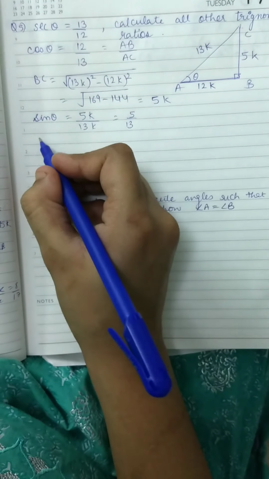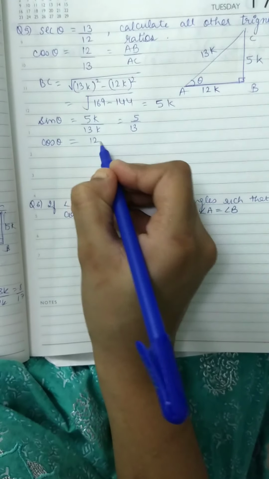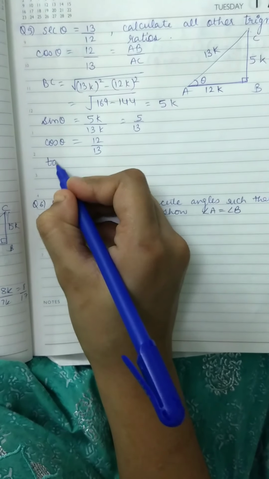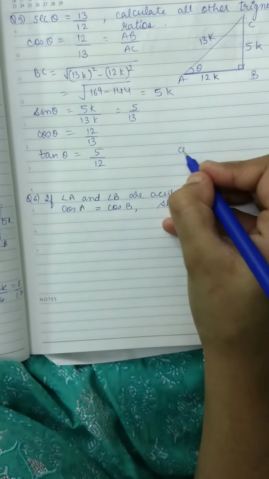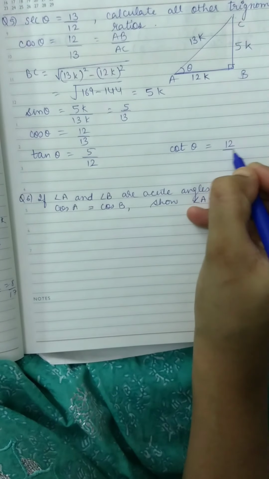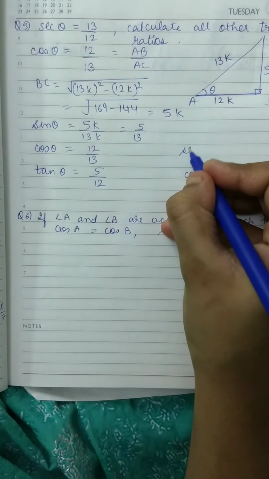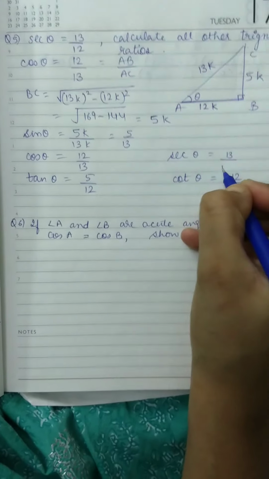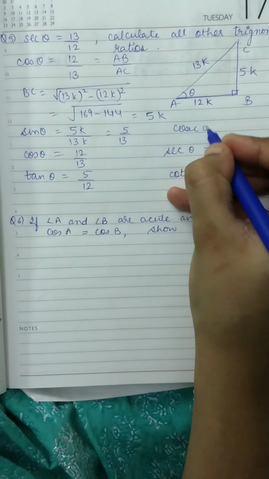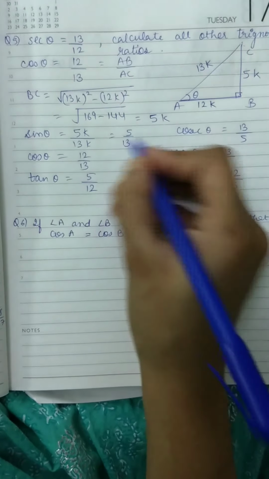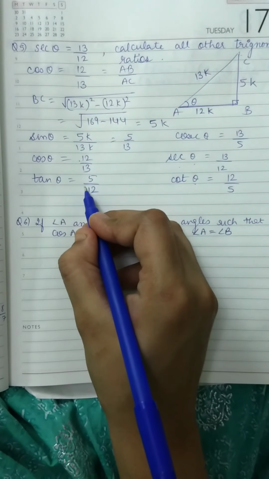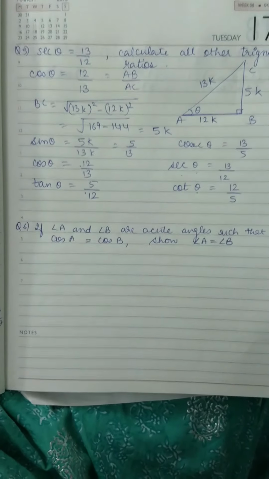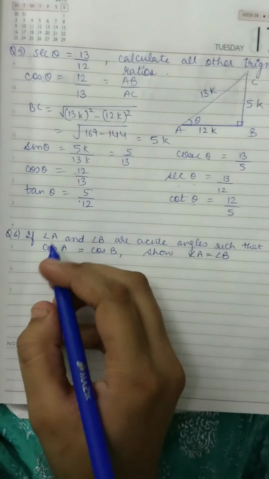So cos theta we know 12 upon 13. Tan theta is 5 upon 12. Tan theta reciprocal is cot theta, that is 12 upon 5. Sec theta is 13 upon 12. And cosec theta is 13 upon 5. Reciprocal of sin theta. Sec theta is the reciprocal of cos theta, and cot theta is the reciprocal of tan theta. Next, sixth question. If A and B are acute angles,